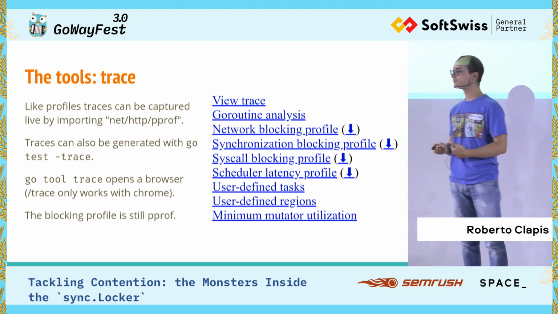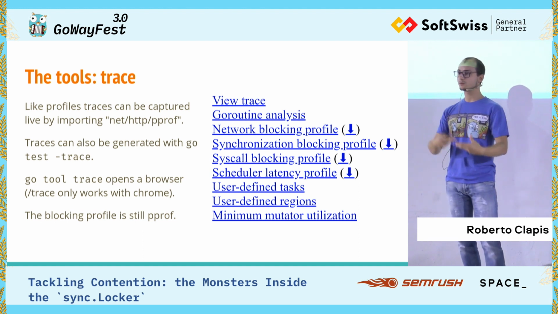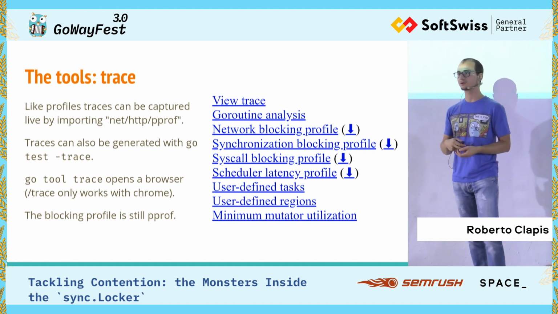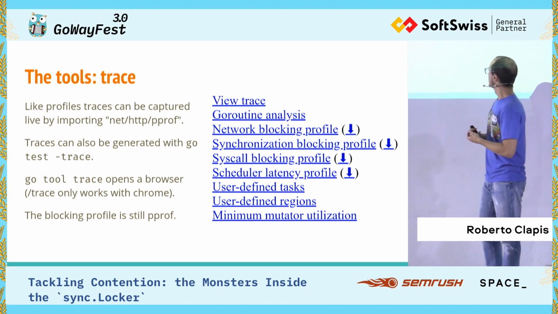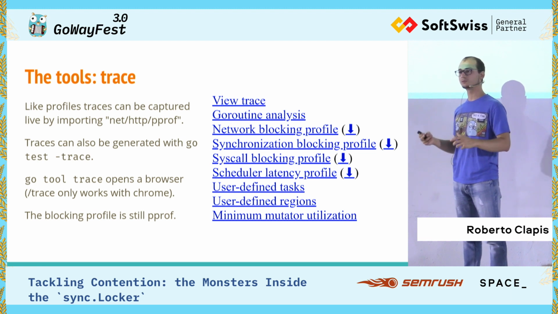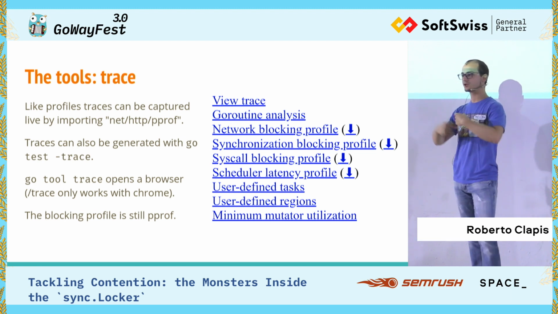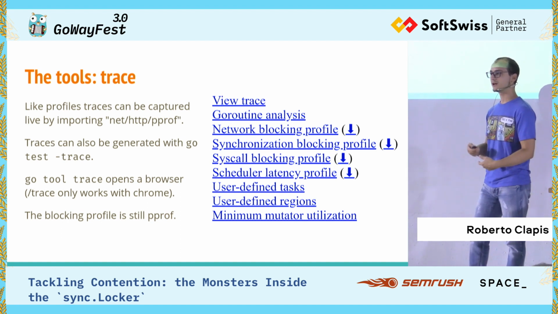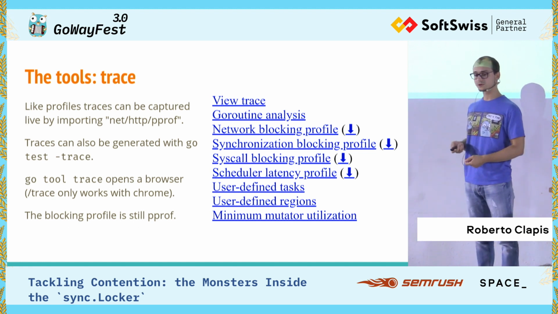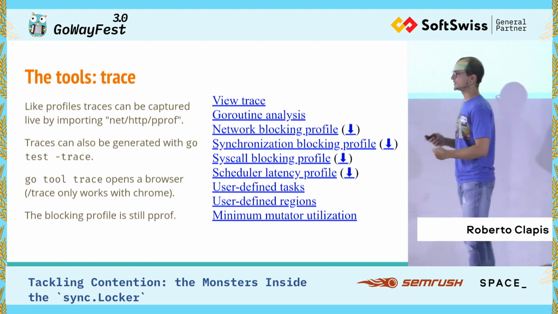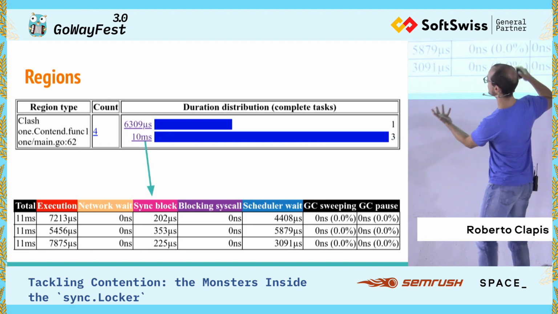There is another tool, which is trace. It gives you a lot more information. And unlike pprof, for which you can find many examples and a lot of documentation, trace is just not documented. It was initially a tool for the Chrome engineers to benchmark and trace Chrome. And the Go team just decided to piggyback on that tool and use it to do analysis on Go. And like many tools engineered by the Go team, it works very well, but it's not nice to look at. So this is one of the outputs.